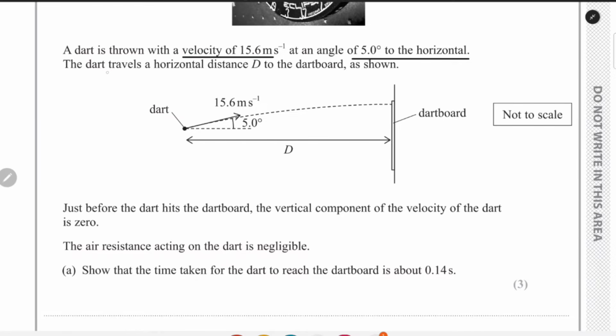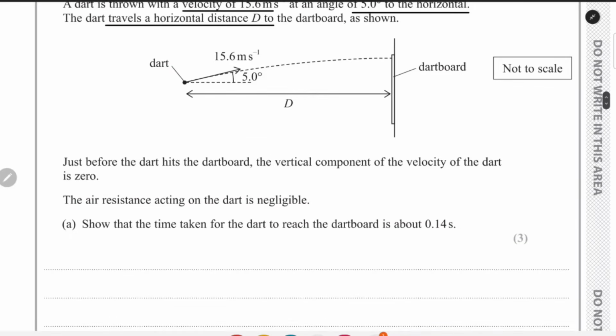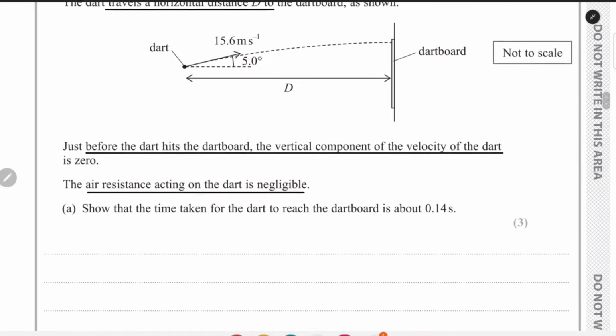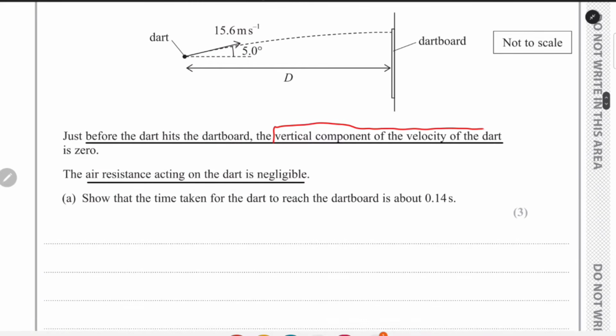We are given that the dart travels a horizontal distance d to the dartboard, and that just before the dart hits the dartboard, the vertical component of the velocity of the dart is 0. We are given that air resistance is negligible. We have to show that the time taken for the dart to reach the dartboard is about 0.14 seconds. We have to use the detail that the vertical component of the velocity of the dart is 0 just before the dart hits the dartboard,